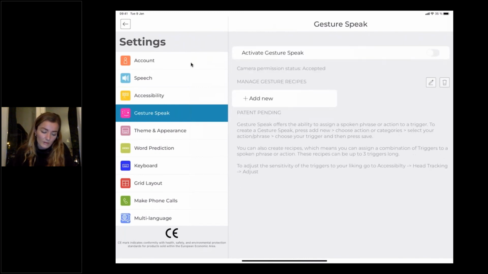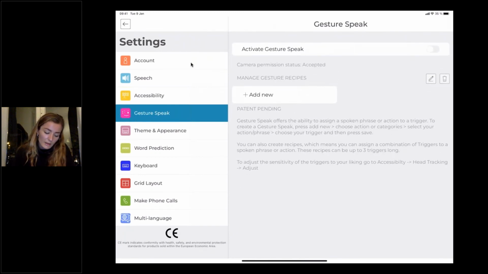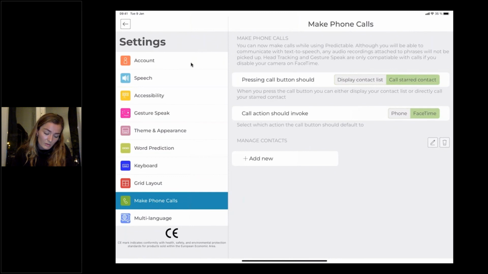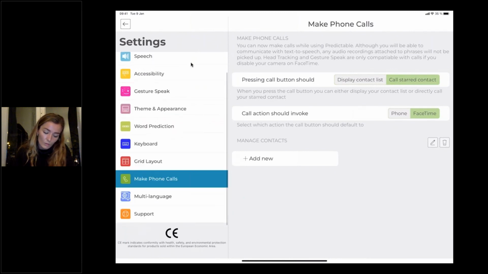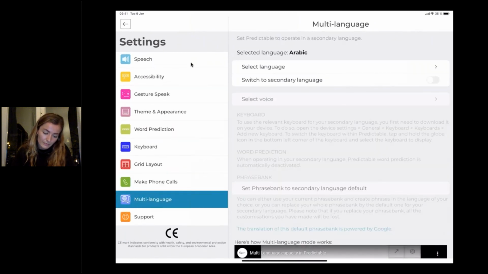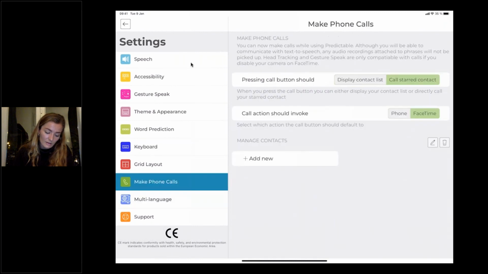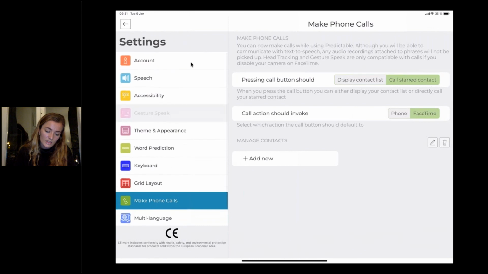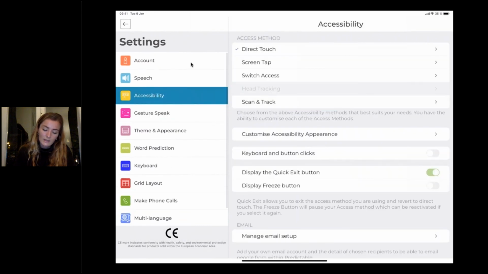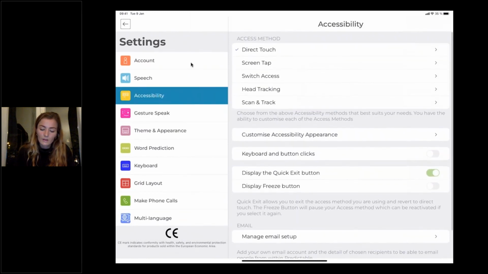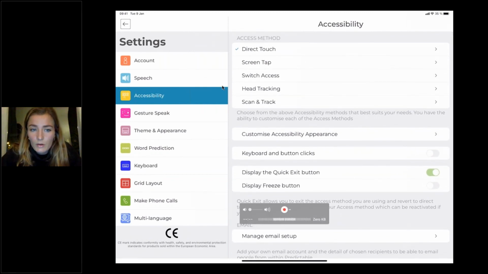This feature won't be available on Android. Make phone call won't be available on Android either. The multi-language won't be available either. I think these are the main features: multi-language, make phone calls, gesture speak, head tracking, and scan and track. So these settings won't be available on Android.